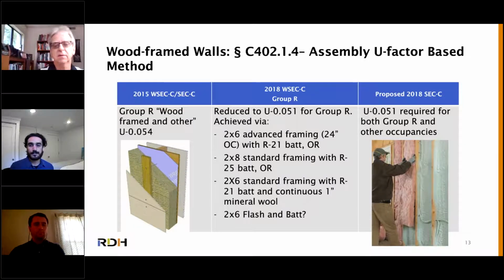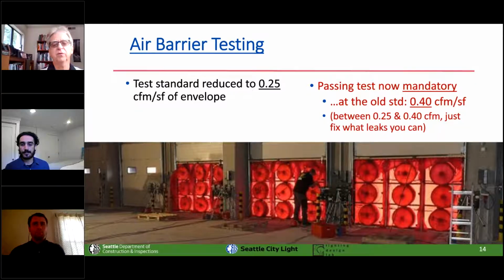All right, and now we're on to air barrier testing, which went through a pretty big shift this year. Not only did the standard lower from 0.4 CFM of leakage per square foot of your envelope down to 0.25, but up until now, we always said you have to do the test, you have to report the results, you don't have to pass. But that is in the past now. You do have to pass,